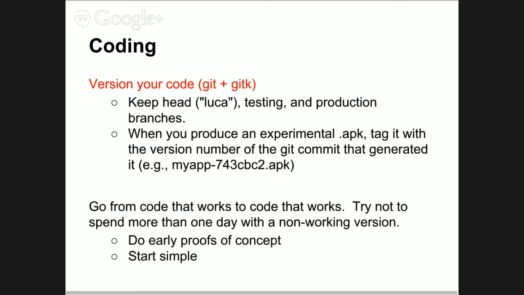And the other thing that I do is that when I produce a lot of experimental APKs, I export them every now and then, and I make them available to friends, myself, testers. I typically name each APK with a commit number in Git, so that when people complain to me, I can know which code they're actually running, because pretty soon you are going to have various versions out, and you don't necessarily know which one is which.